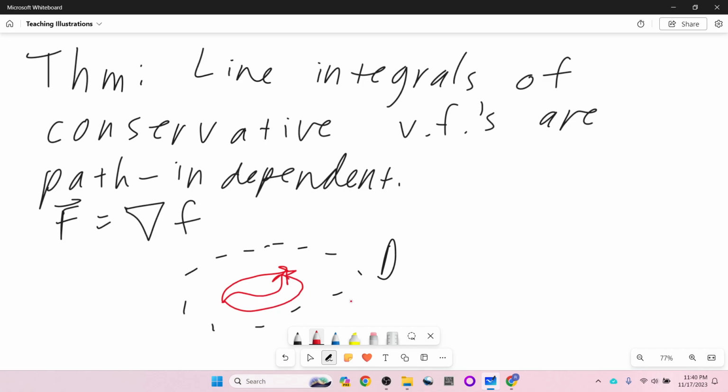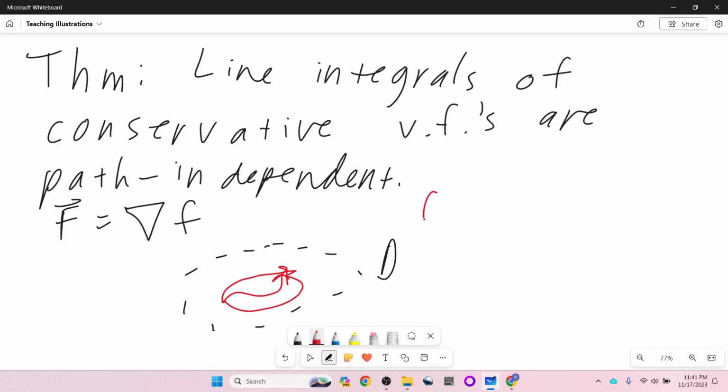I don't think I did that. I don't think I showed it yet. Maybe I'll put in the proof as a supplemental. So that is the test. If we can show that big F is the gradient of some little f,